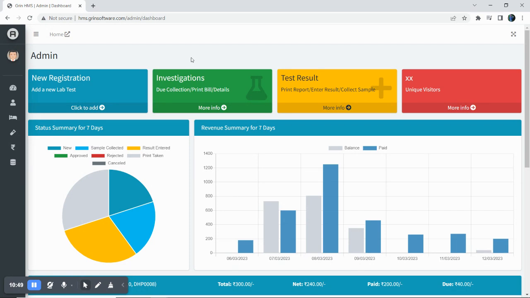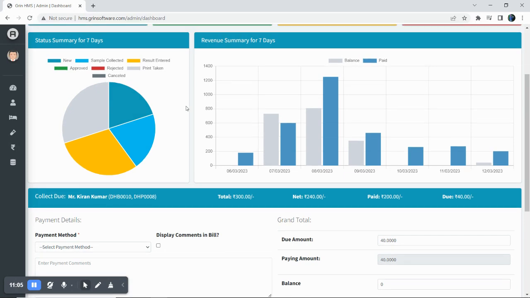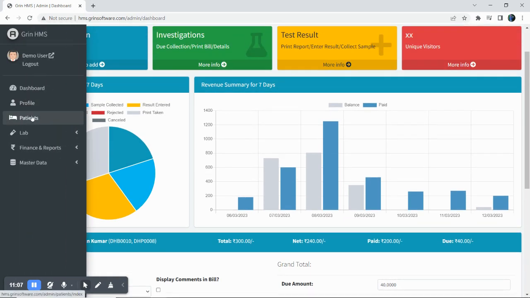We also have a section for a doctor to log in, and he can decide whether to approve or reject the entered result. Accordingly, we will be updating the status of that particular test request. So now let us go back. This is the section for reviewing the result, and let us go back to result entry,